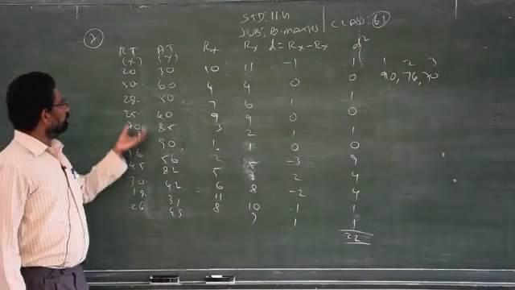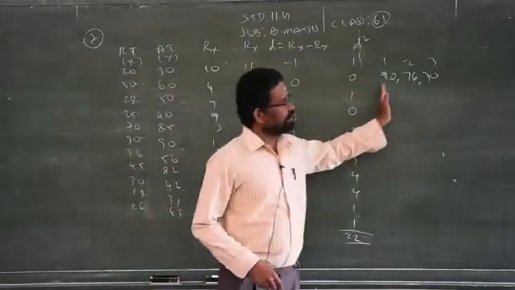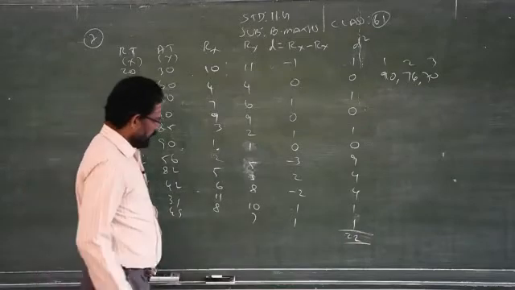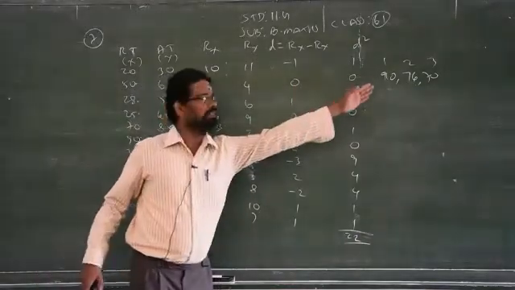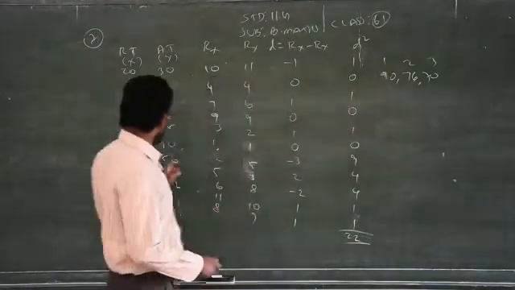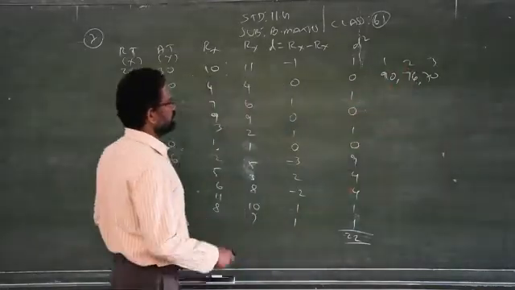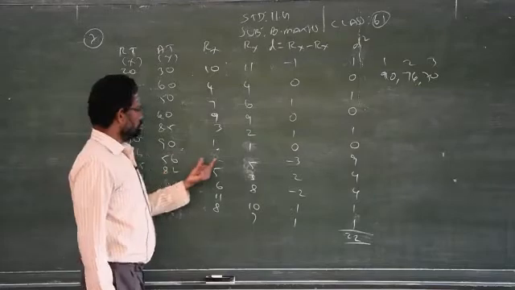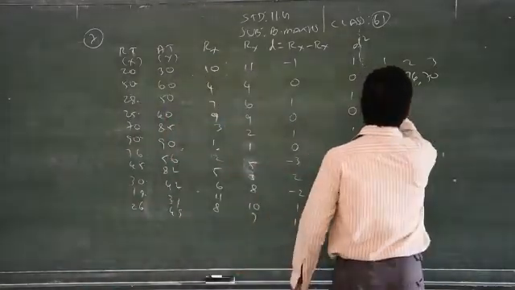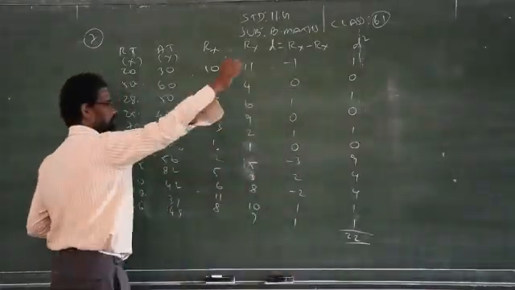Clear? If you are not able to write rank as it is by seeing the column wise, you please rewrite the given data x in either descending order or ascending order. Then you start to give the rank. That will be very easy. After you find out the rank, then you can see what is 90. 90 stands for rank number 1. So straight away 90, rank 1. Then 76 marks stands for second rank. So where is 76? Rank 2. So you can give the rank like that. Clear? I did directly. If you are not able to do directly, you can write in ascending order or descending order separately. Give 1, 2, 3, 4 rank.